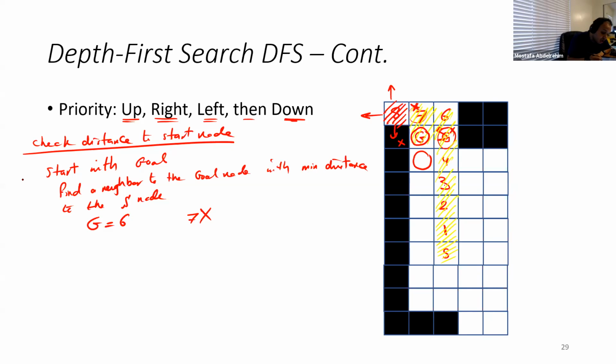So in the next iteration, we start with this guy and check its neighbors, and choose the neighbor with the minimum distance to the starting node. It will be that one. Then we check the neighbors of that guy. Okay, it has 4 neighbors. This guy, both are not valid because